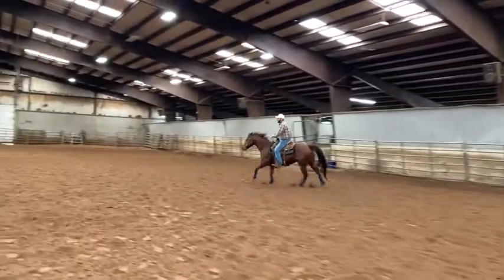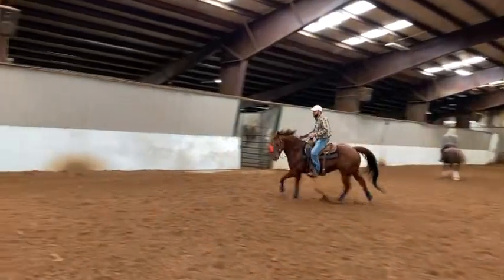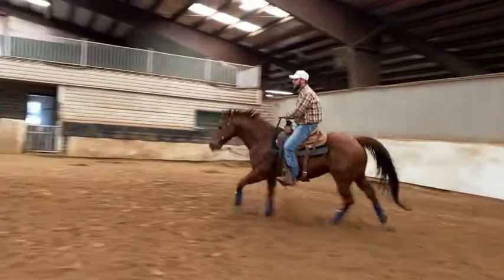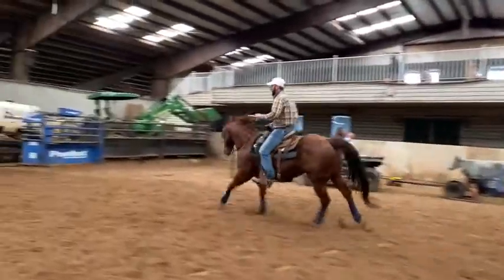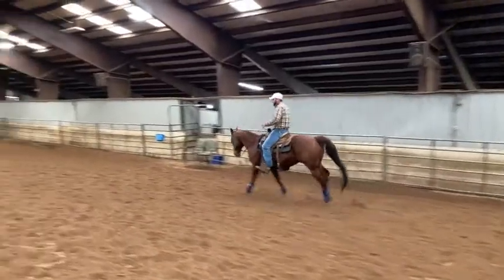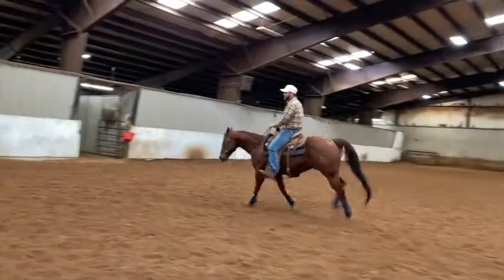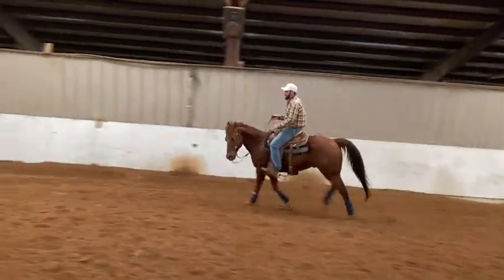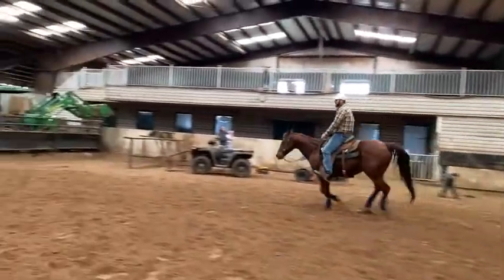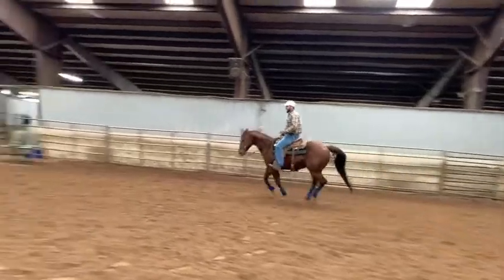As I'm going around here, sometimes I will take their nose to the inside and let it relax until there's no pressure on the bridle, and then I slowly give it back. I take their nose to the outside until there's no pressure in the bridle. I'm going to hold it there until they relax. With one rein, they can't lean on me very much. So I'll go back and forth with that over and over until I can start to see their neck lower. Then I'll go to both hands and see if I can get their chin to come down,